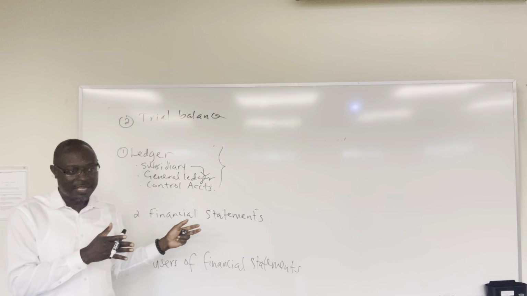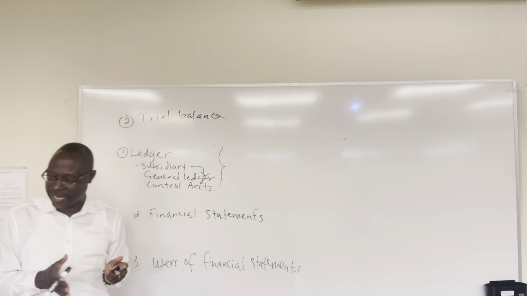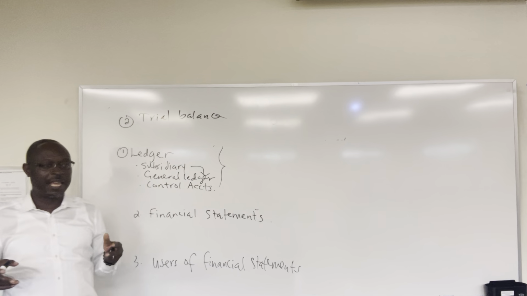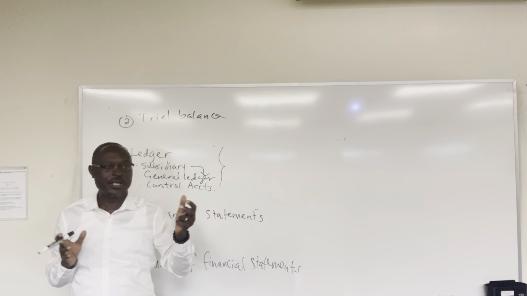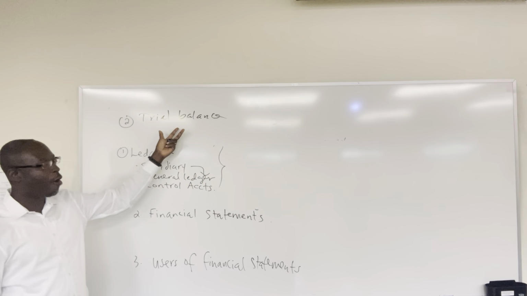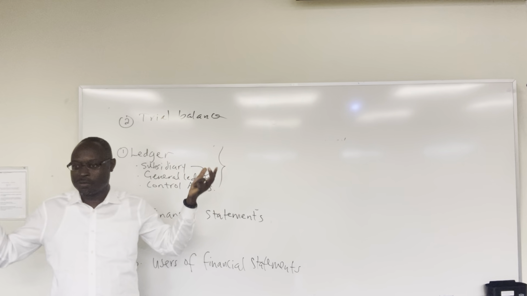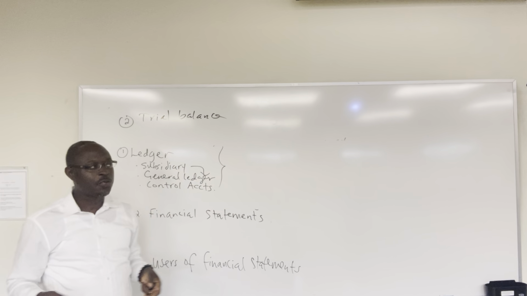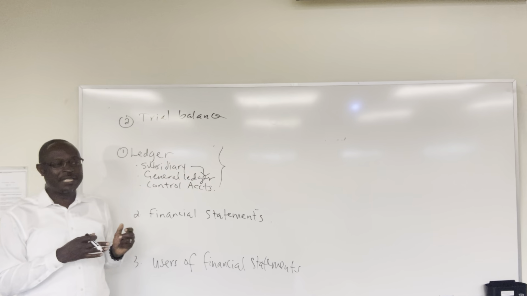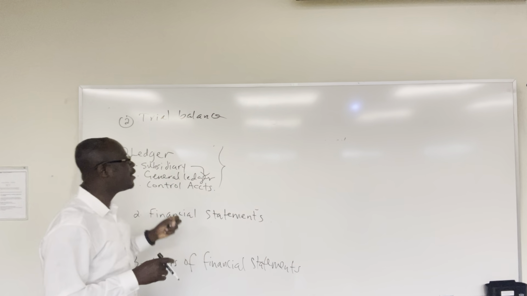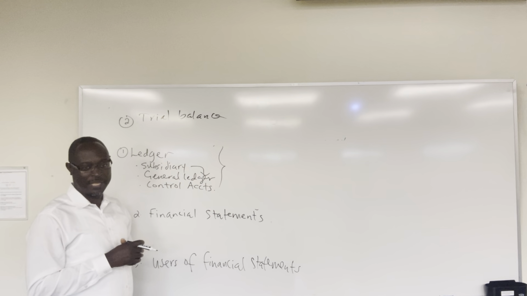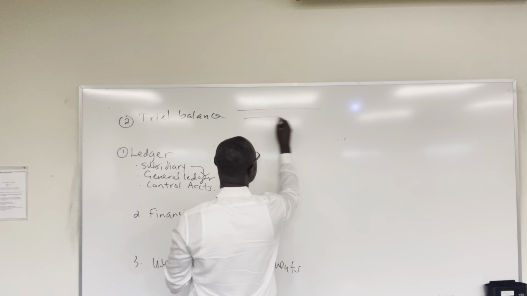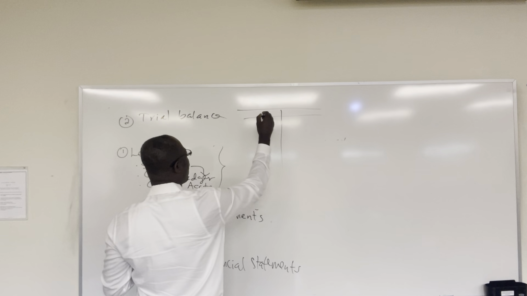Every debit needs to have a credit and every credit needs to have a debit, right? So if all I'm doing here is debit and credit, increase and decrease, then when I finish, all my increases and decreases need to tally, they need to be the same, right? But that's what I started doing. So to check that the debits are equal to the credits, I do what we call a trial balance, a TB. And on the trial balance, all I'm going to do is I am going to have all my debits here,